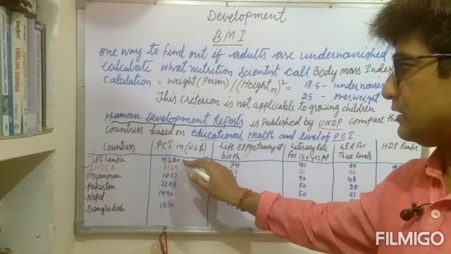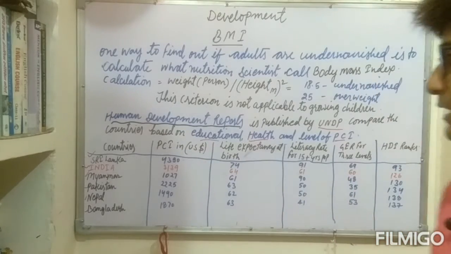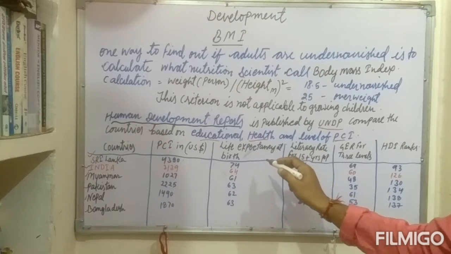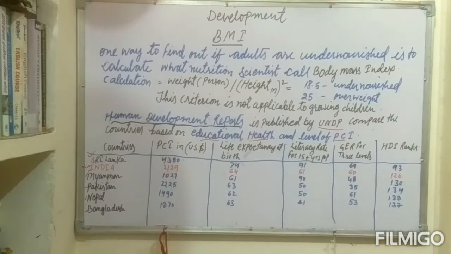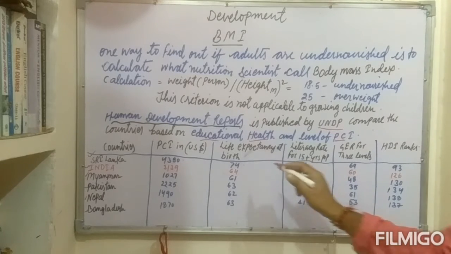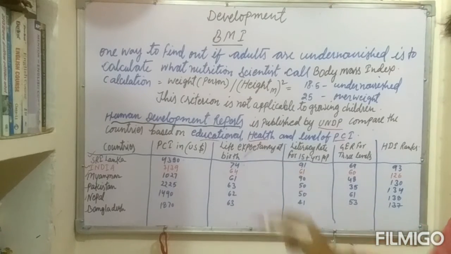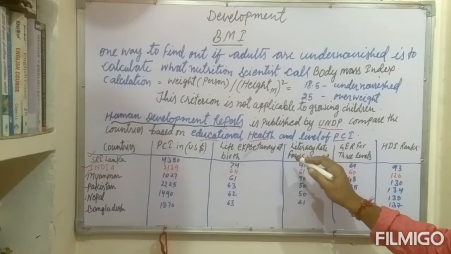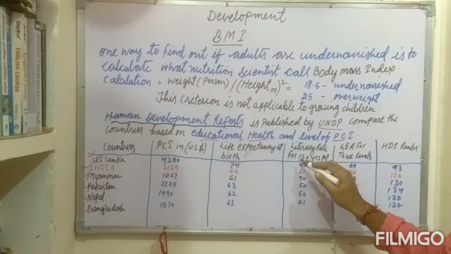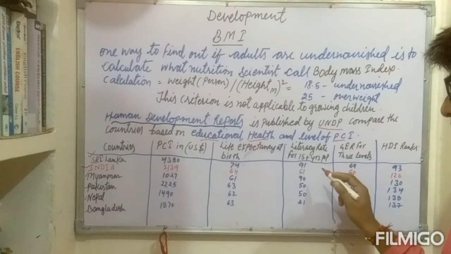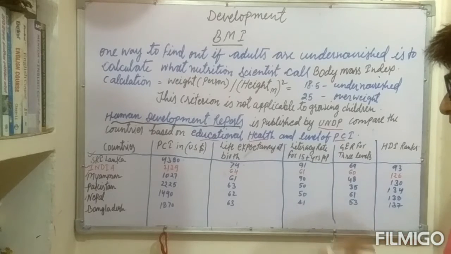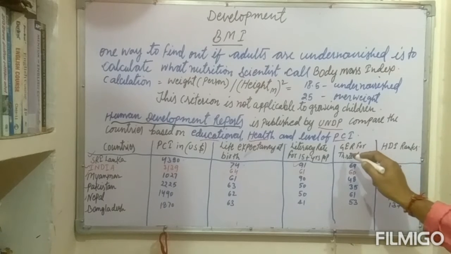For Sri Lanka, the per capita income is 4,390 US dollar. Then the life expectancy of a child at the time of birth is 74, which means people live up to 74 years. Then the literacy rate for persons above 15 years of age is 91%. That is a very good criterion. Then the gross enrollment ratio,